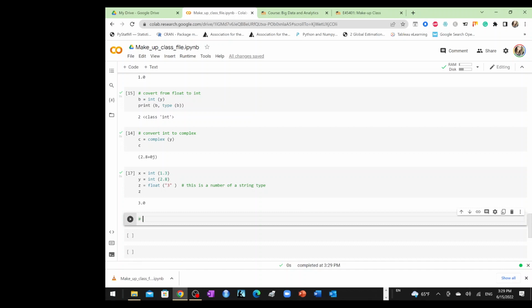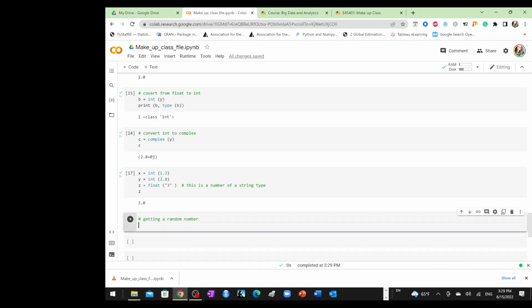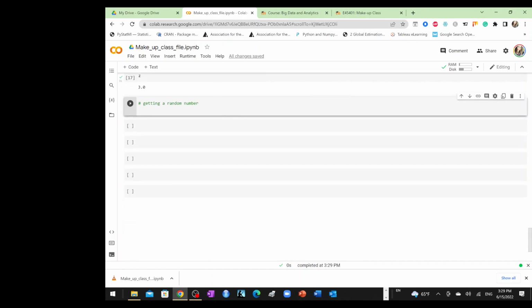All right, getting a random number. Let's talk a little bit about getting a random number. Why do I do that? Because on your own, or maybe in the future, you're going to do some tutorials with Python. Sometimes you just want to work with a set of data because you want to do some statistical analysis, like getting the mean, the standard deviation, or some other statistical readings. So basically you want to create a random set of data. You don't have one, and you just want to create a random set of data. This is not what we're doing right now, but